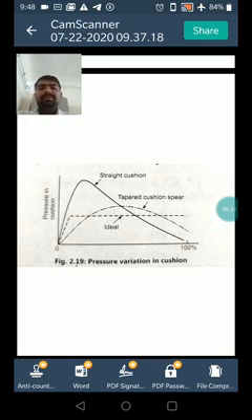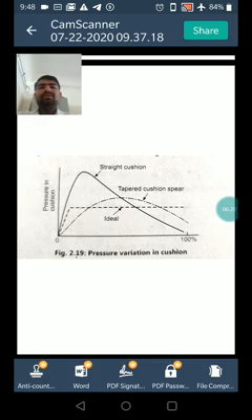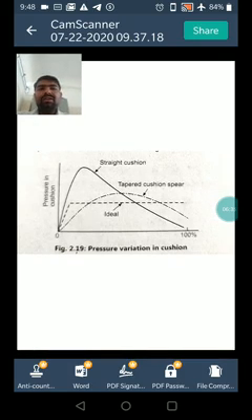Ideally the back pressure set up by the cushion should be constant over the complete cushioning length for progressive load deceleration. However, in practice the cushion pressure is much higher as the spear enters the cushion. The cushioning performance can be improved to some extent by using a tapered or stepped cushion spear.